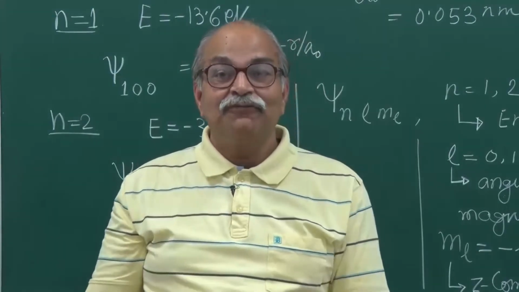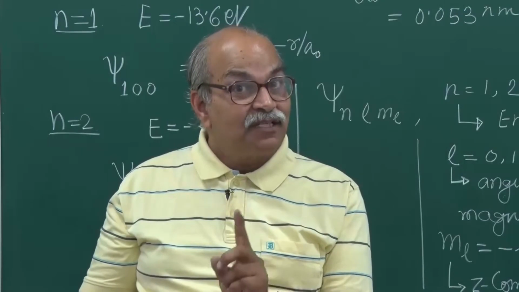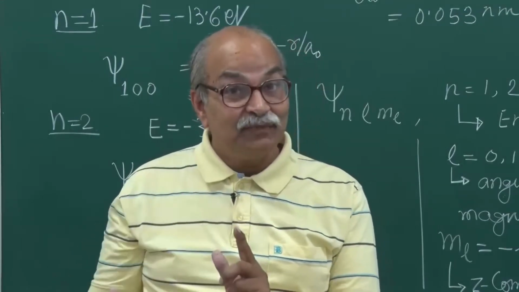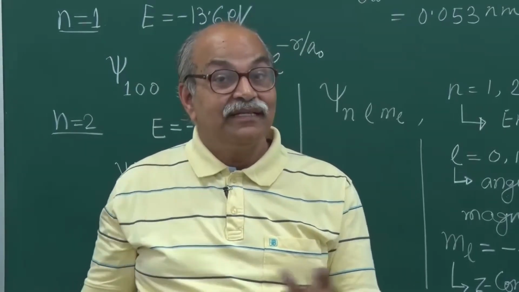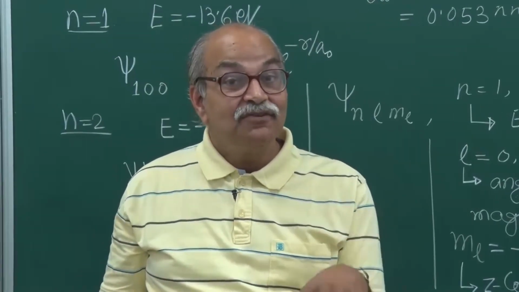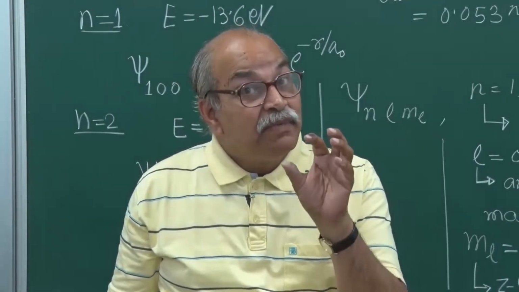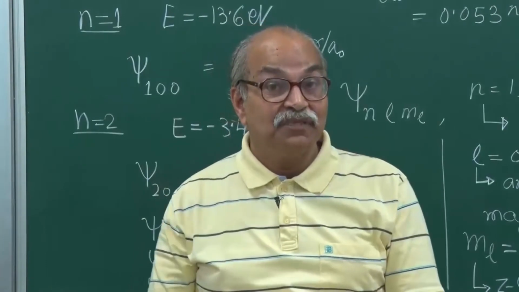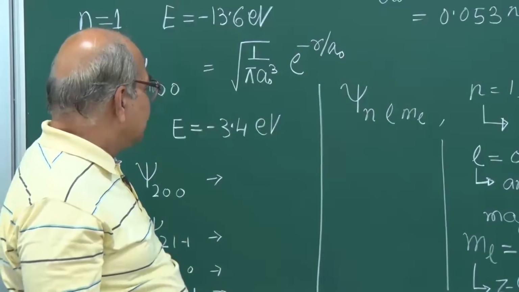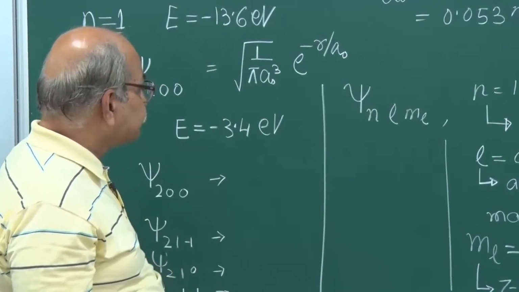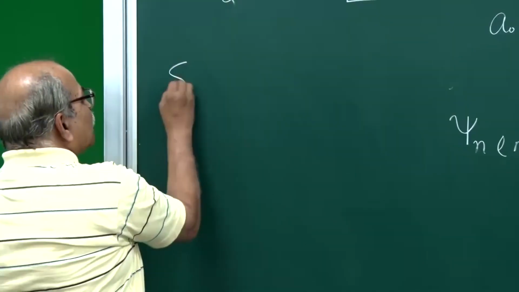And how do I know about it? I know about it from the magnetic moment. The angular momentum of a charged particle is related to the magnetic moment, and magnetic moment can be measured. So from there I know that each electron, each proton, each neutron has some angular momentum which is all built in there, not because of any kind of motion. Now for electron and also for proton and neutron, it turns out to be the same. This spin angular momentum